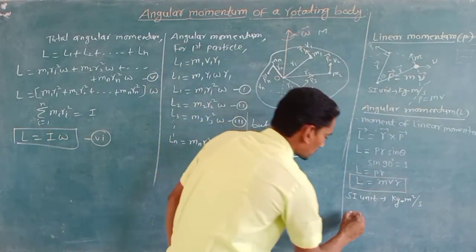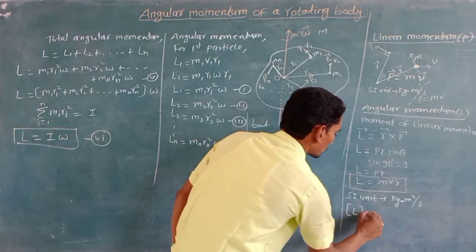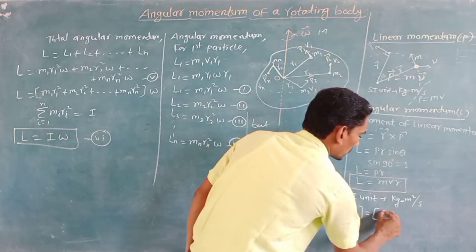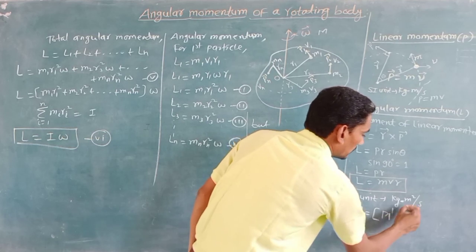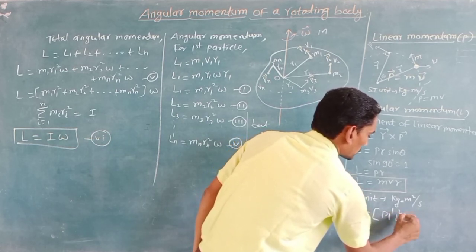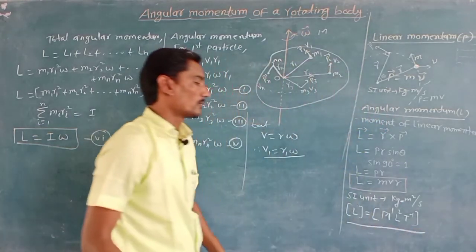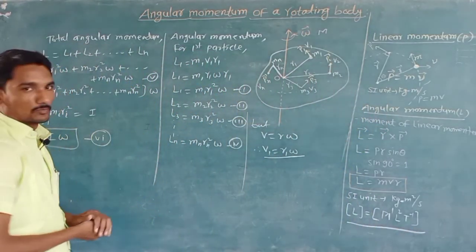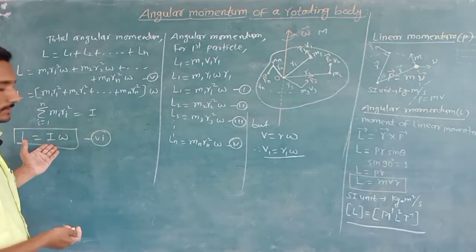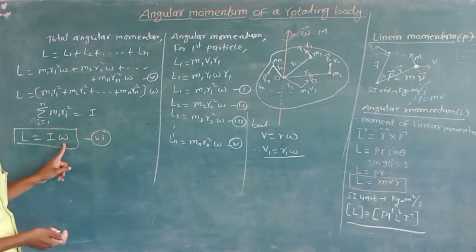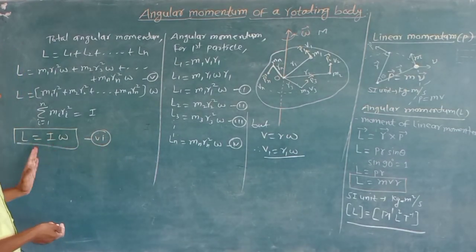And what are the dimensions for the angular momentum? In square bracket we can write M1 L2 T minus 1: kilogram is M, meter square is L2, and T minus 1. So these are the dimensions for angular momentum. By using the relation of moment of inertia into angular velocity, we can also determine the dimensions. We know that